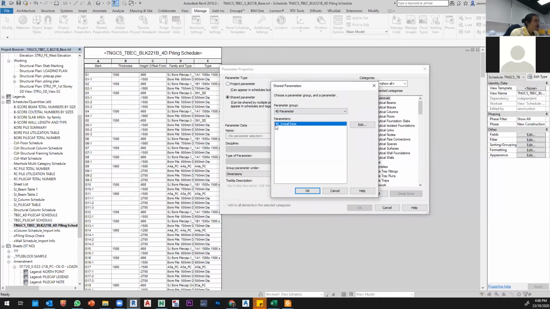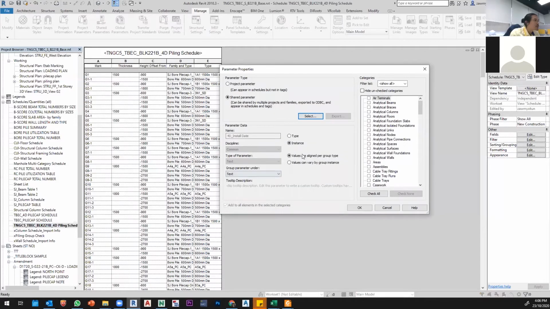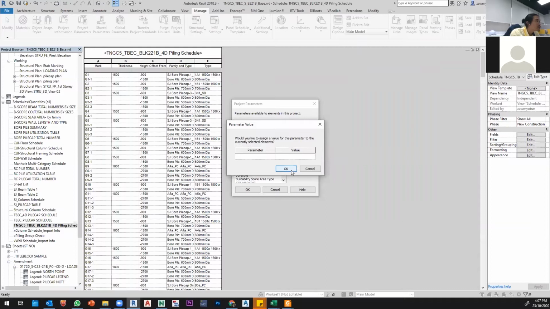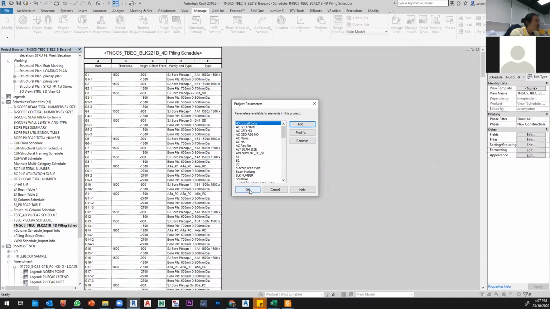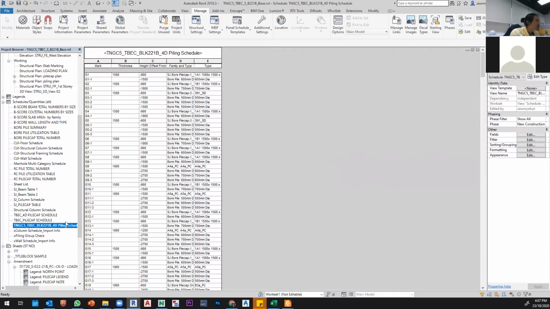A little bit different, as you can see, from the one that I'm doing in the other block. So I'm choosing this shared parameter. Then I keep it inside the data group. Those elements are structure foundation, so I can just go to structure, and it's starting as structure foundation. So basically, I'm creating a project parameter to include the install date for those structure foundations. Sorry for the parameter of the colors. Okay, yeah. So the install date project parameter is already added, so I can include it in my